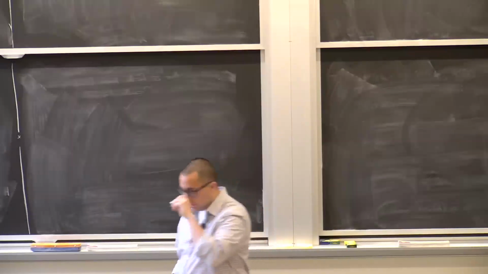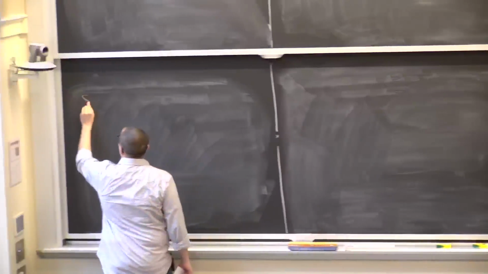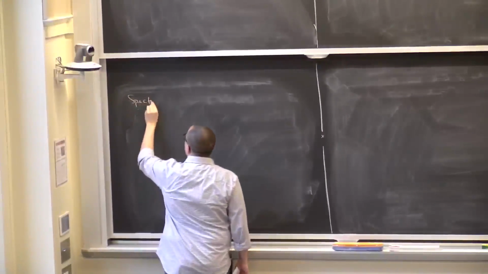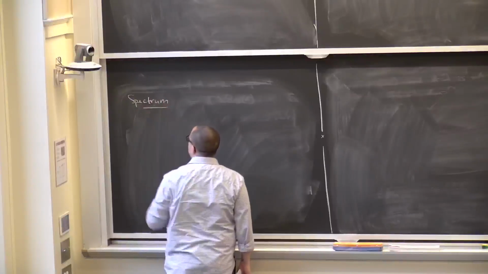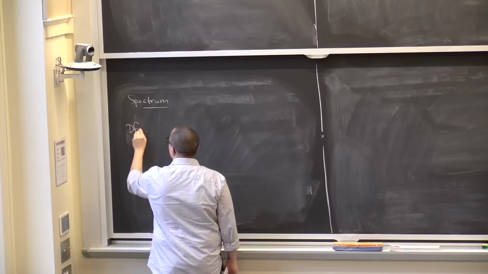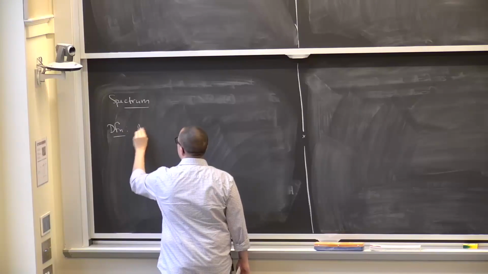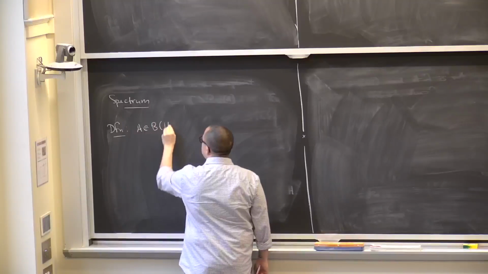Okay, so we're going to continue with our discussion of the spectrum of an operator, bounded linear operator. So let me just recall from last time the definition that if A, and throughout H is a Hilbert space,